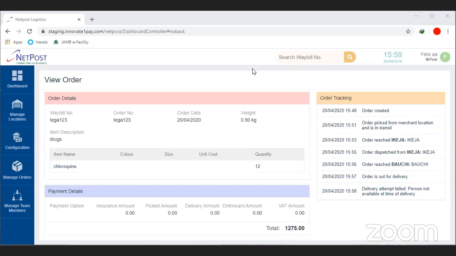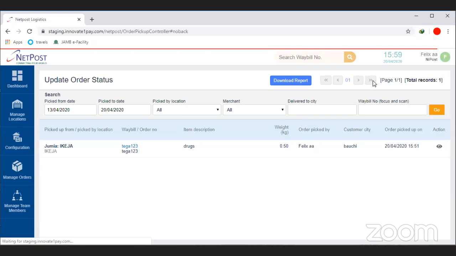So now we go back to the same item. It is time for us to actually deliver this item. So when I say we want to deliver this item this time around, we pick on delivery,